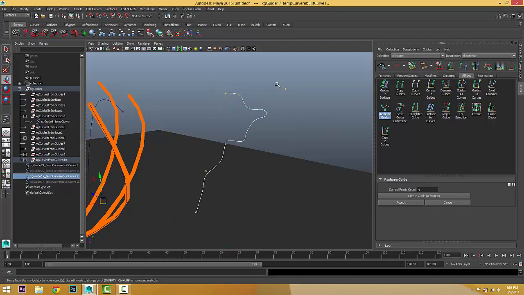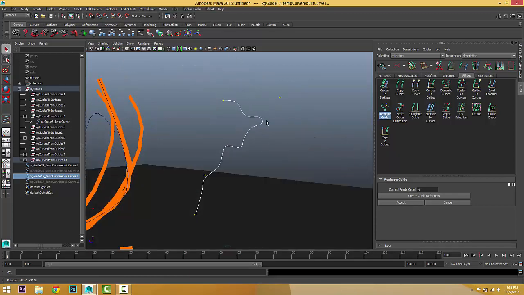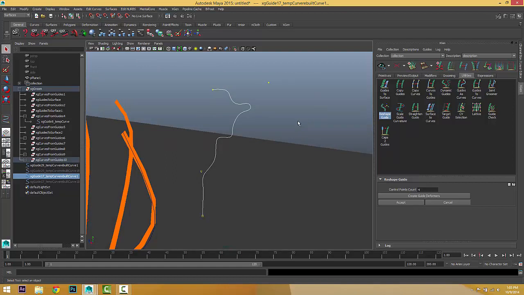Now with this 4, if you just select this one, and then let's go to the move tool. Okay, you can see this is 1, 2, 3, 4, and you can move these 4 control points.